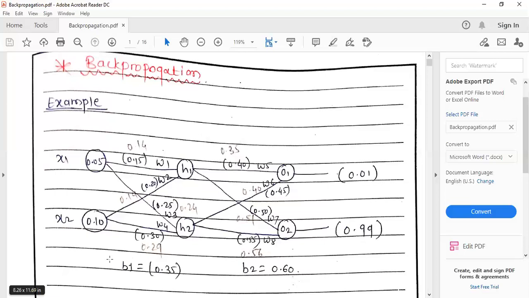It means we have to calculate the things and reach the point where we will get the output values like 0.01 and 0.99. For that, we have to adjust the weights of the previous nodes or the weights of the previous hidden layers. By adjusting these weights, you can again achieve the output values they have given. Again, you have to perform the feed forward mechanism and check whether it is possible to reach their output or not.